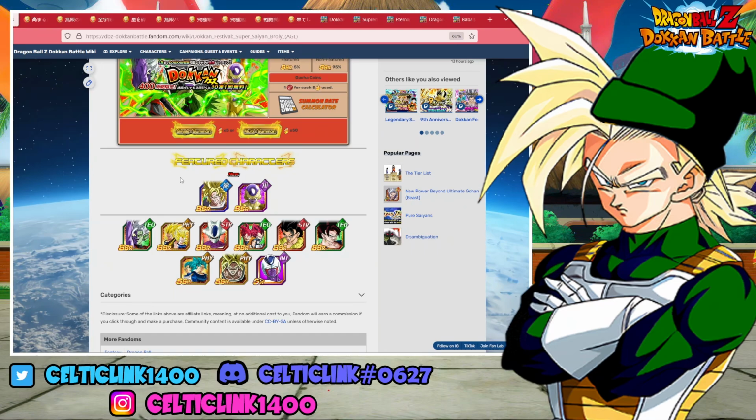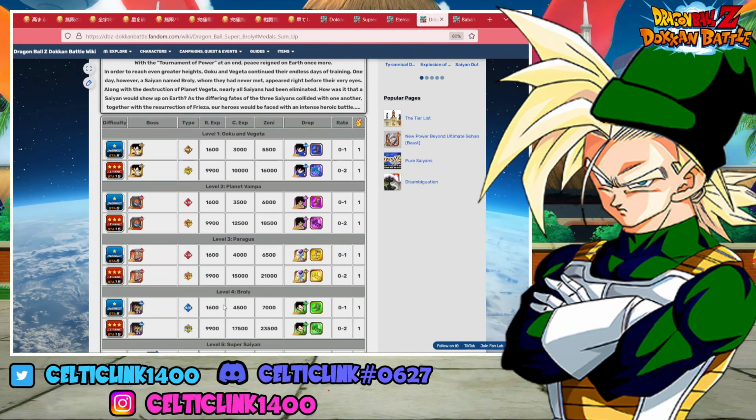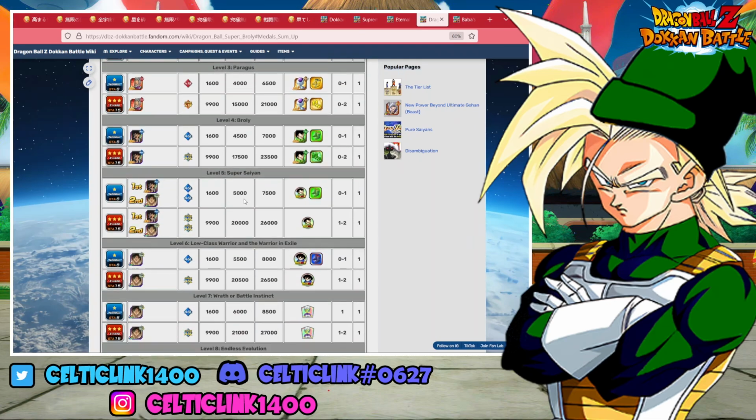Let's move on to the next character on the banner, the Golden Frieza. Unfortunately, you will not be able to grind his medals out, since he is a banner unit, he will require 35 of the new Dokkan Fest Broly medals. However, much like the Broly and the Gogeta from the previous video, you can actually level him up from